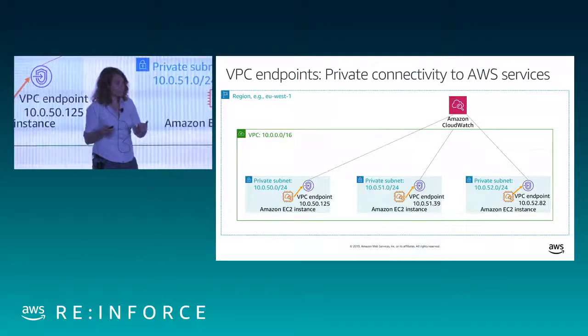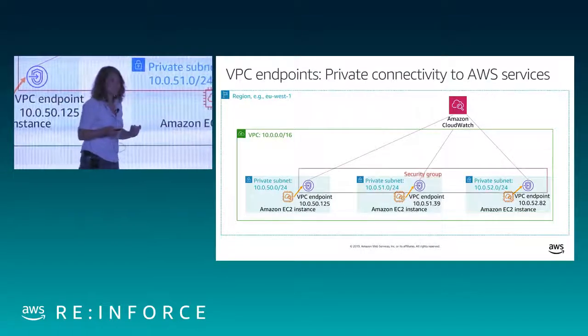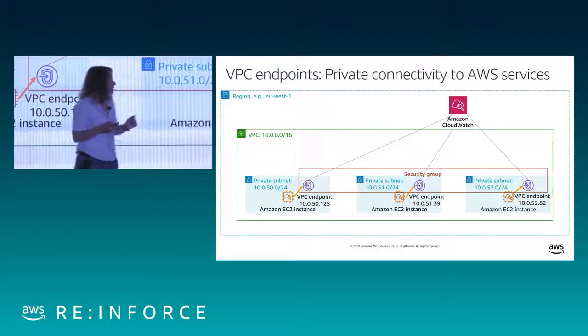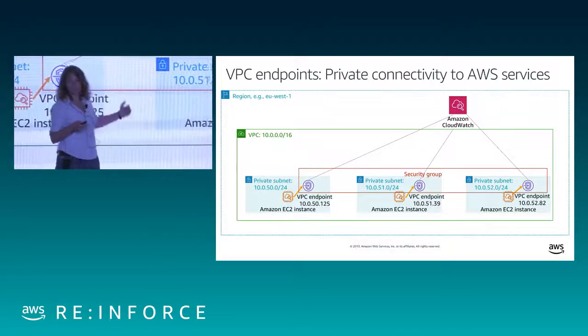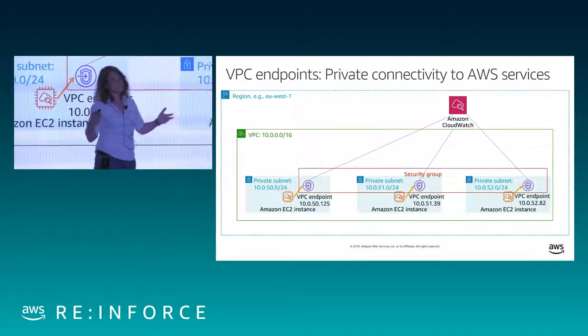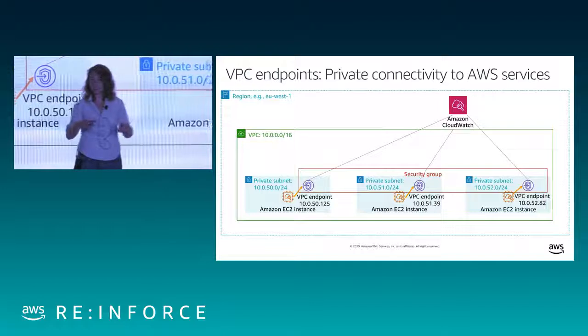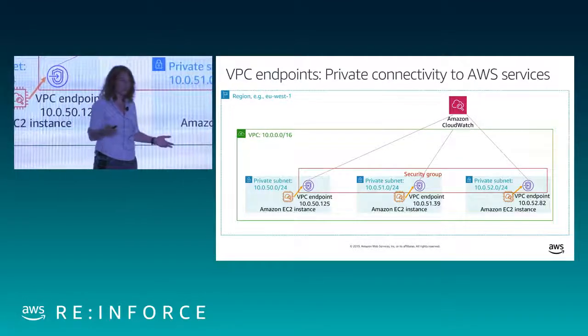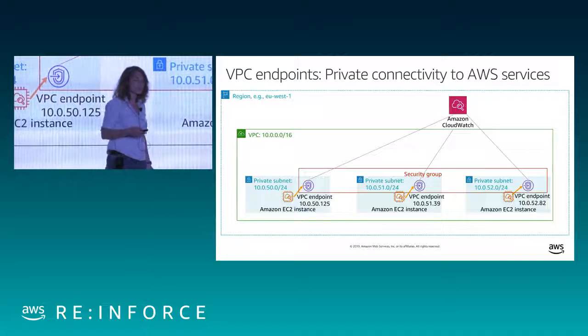And like everything else that launches into your VPC, you get asked about security groups and subnets. So typically when I'm launching my VPC endpoints, I create a security group for them that allows typically the whole VPC access to port 443, right? Because I want my whole VPC able to talk to CloudWatch Logs, so that's the single rule I would write.